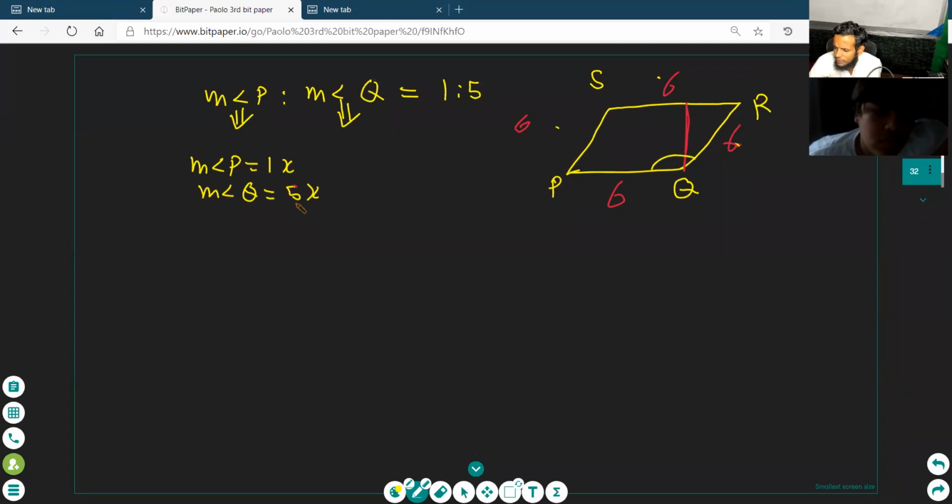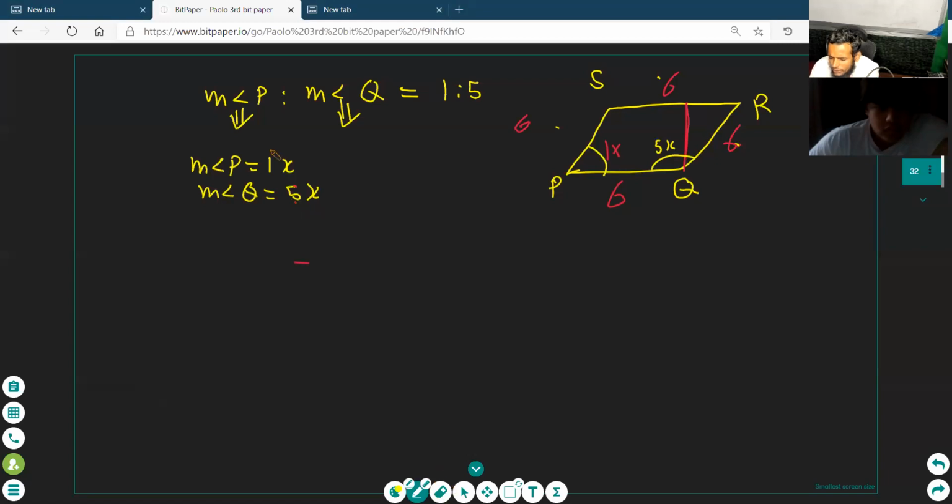These are two angles, P and Q. Tell me the answer of this. You should tell me whether these are supplementary or not supplementary. Both of them together equal 180 degrees. Yes, these are supplementary angles. Find the angle values. Divide 180 by 6, 30 degrees. So x equals 30 degrees.